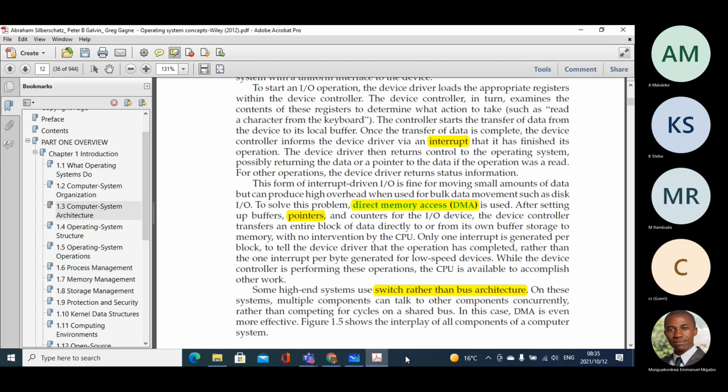Now on these systems, multiple components can talk to other components concurrently. That's the other benefit. It brings in concurrency, which is parallel processing, meaning we are able to do